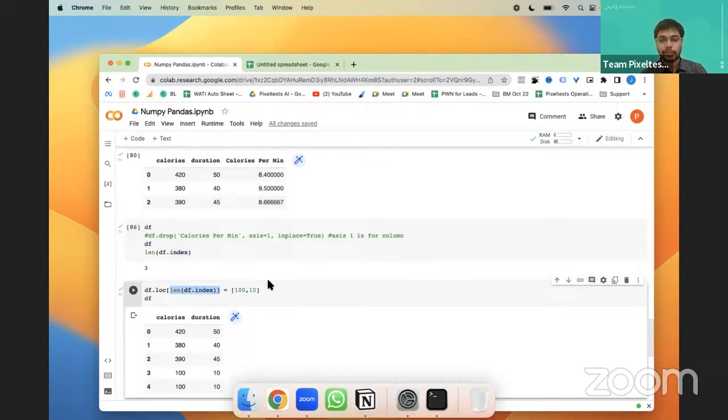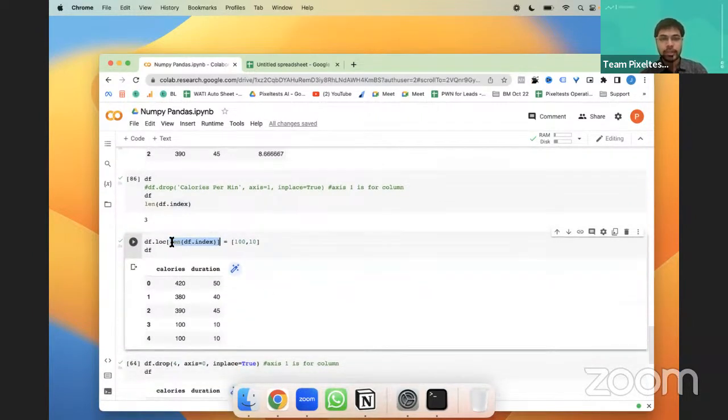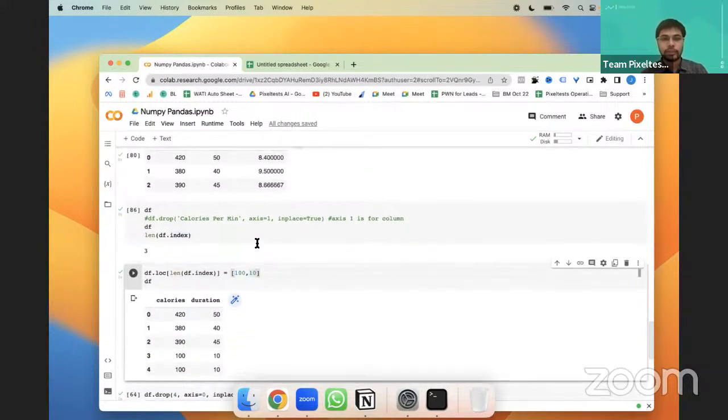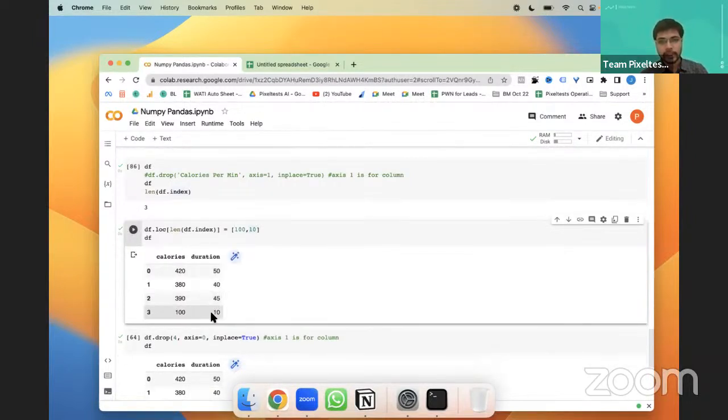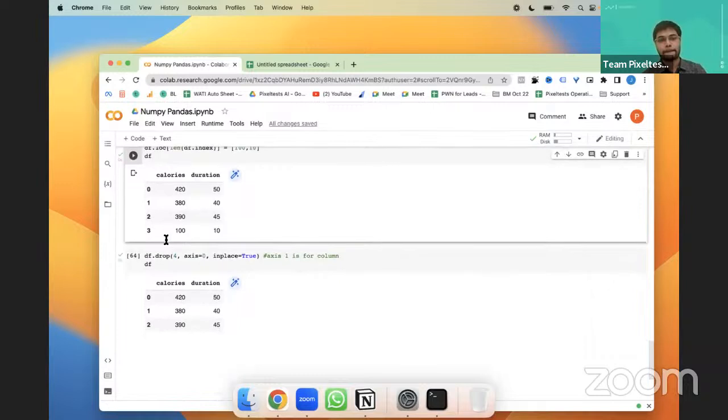You do not have to mention the names of the columns here while inserting. You just have to give the index where you want to insert it. If you want to add it to the end, you can use df.index because it gives the total count, which becomes the last element. Now if I run this, it will add 100 calories and 10 in duration. If I run it, you can see that the 110 got added here. So this is how you add a row in your data frame.